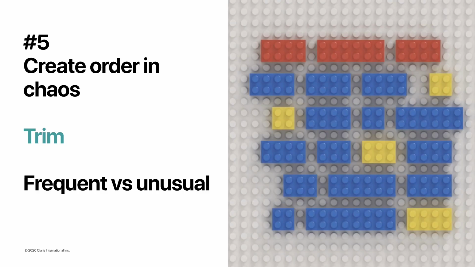Finally, the last step in my design process is to simplify the interface to keep on screen only what is essential. Fewer objects on the screen means less stress for the user, less work to read and to understand the layout. In this example, if the red bricks represent navigation, blue bricks the content, and yellow bricks the call to action buttons, the UI designer must ask himself, is it really necessary to have all these buttons always on the screen?